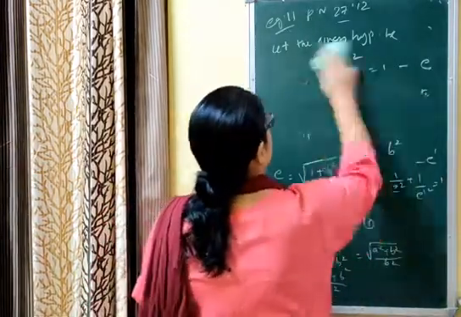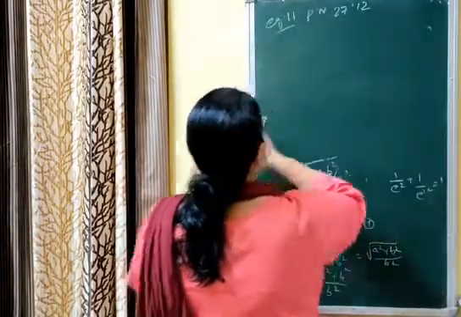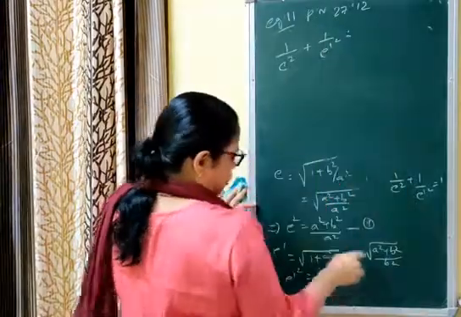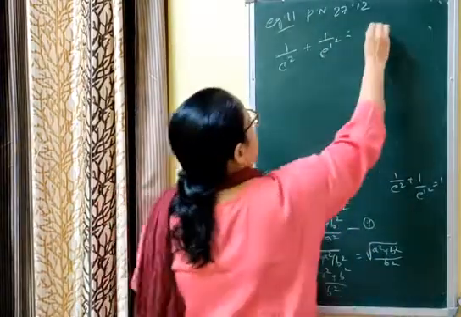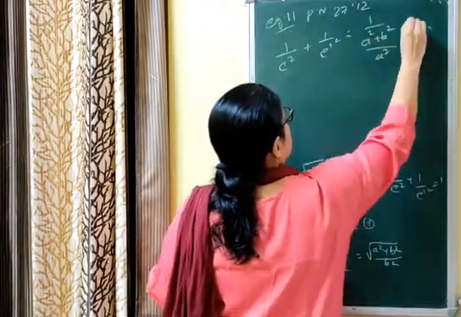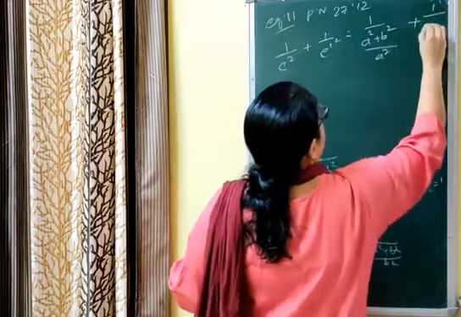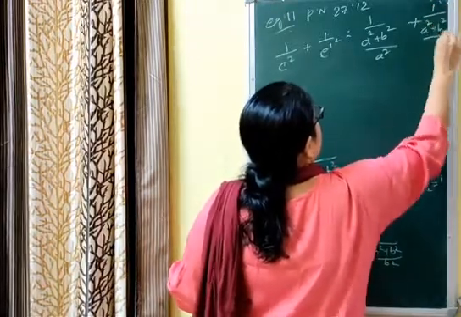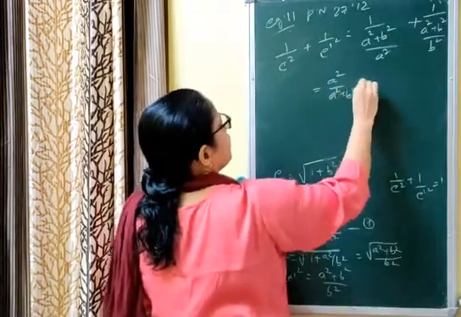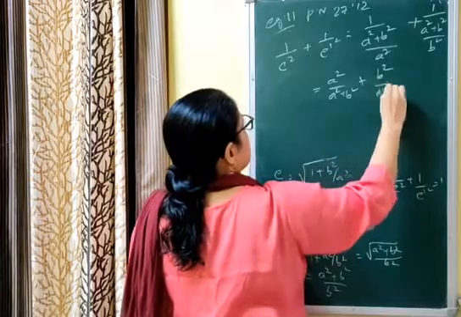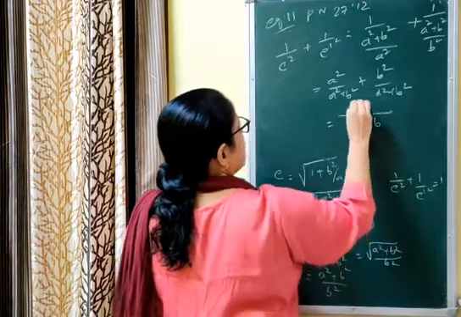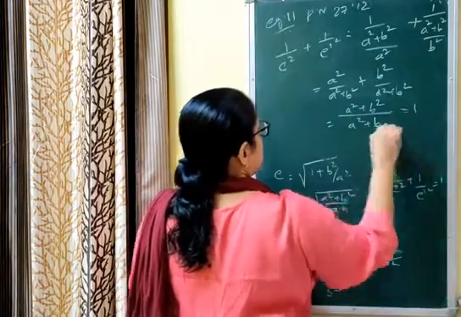Now how can we find the required result? The required result is 1 by e square plus 1 by e dash square. If you take the reciprocal, it becomes 1 by a square plus b square upon a square, plus 1 by a square plus b square upon b square. You change the numerator: a square upon a square plus b square, plus b square upon a square plus b square. By taking the LCM, a square plus b square comes in the numerator, and that is equal to 1.